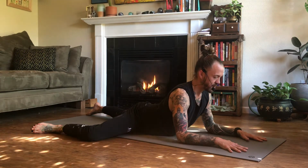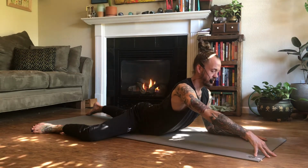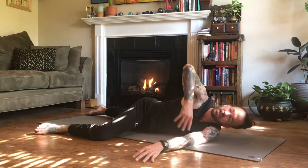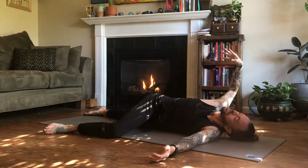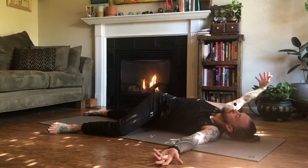All right, now from here we're going to add in a twist. Right hand's going to walk a little farther forward, lifting the right elbow. And then we'll take our left arm underneath, palm towards the mat first. Let that left arm be down, and then slowly peel the right arm open and find this beautiful